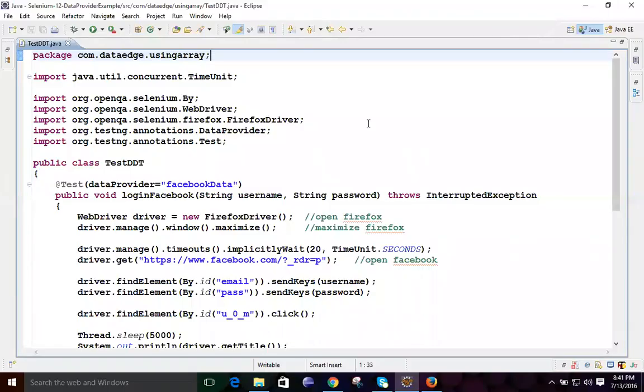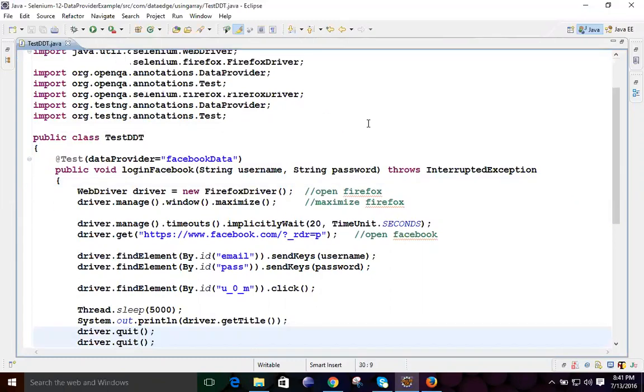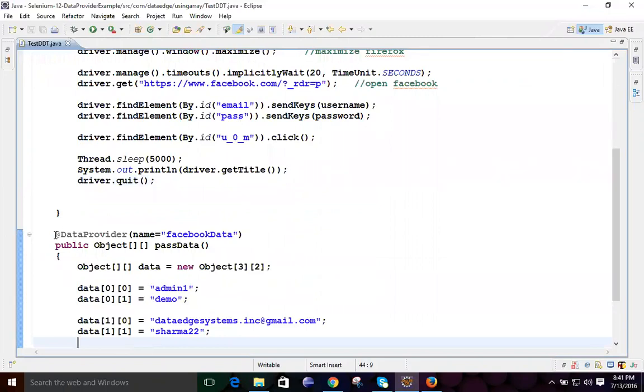In the last classes, when we were talking about TestNG, we saw that there are a lot of annotations, and at that time we were not able to cover all of them. We have covered some of the annotations in last week's classes, and there is one annotation we did not discuss, known as DataProvider. It is an annotation present in TestNG. We felt it was not required at that time, but now we are going to discuss it.